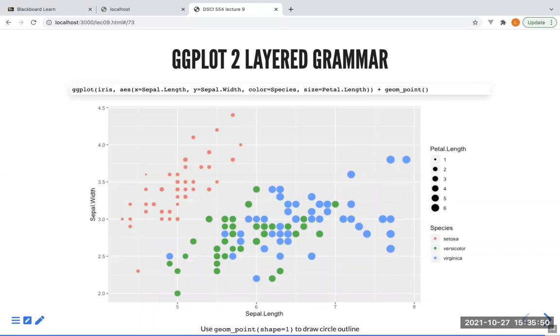Okay, and this is a little bit of a complex example, but we're going to play with this in the R notebook. But my point here is that you see that I basically wrote this and then clicked, in one line on screen, and I get two encodings, both for size and for color, for a scatter plot, which is quite neat. And that's basically the power of using a layered grammar,